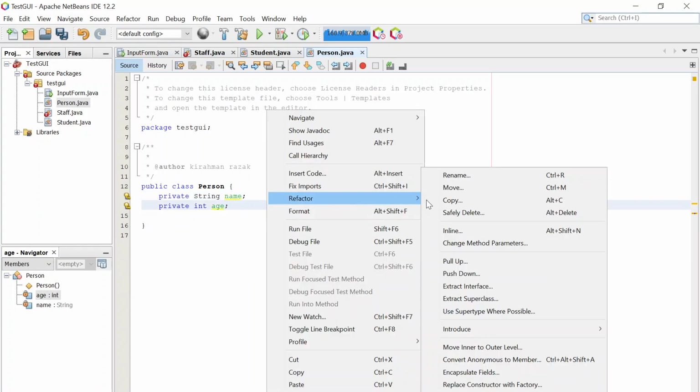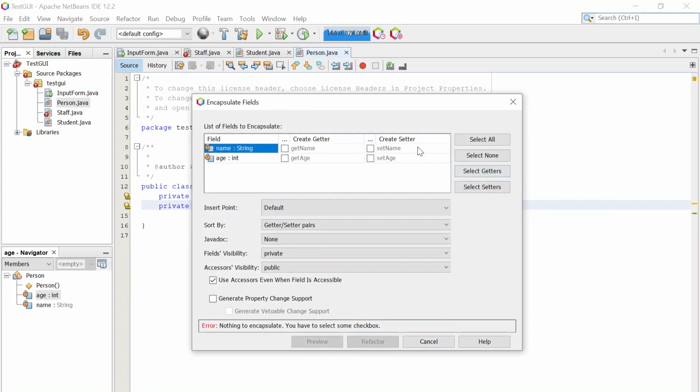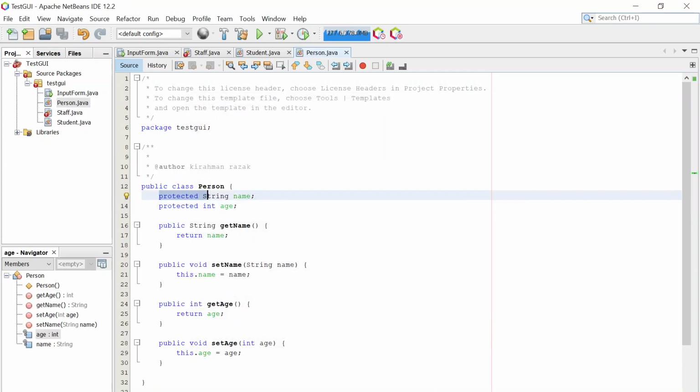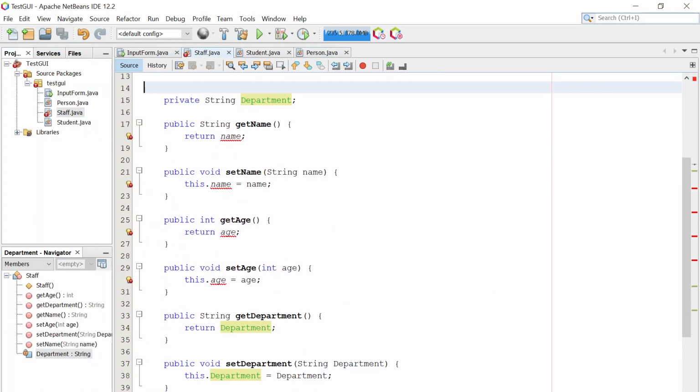And then I'm doing the refactor, all of them. Wait, let me change the properties or modifier for the data member. Currently it is private. If you see the private, so I'm changing to protected. And for the accessor and getter will be public. So you see protected and this also public. So then, of course, the staff name,